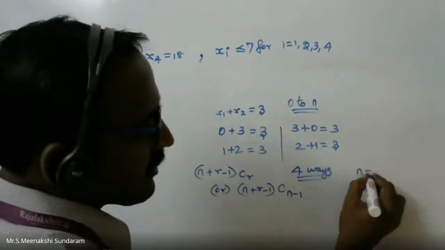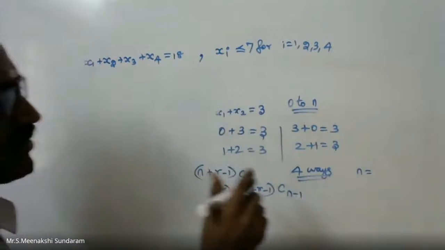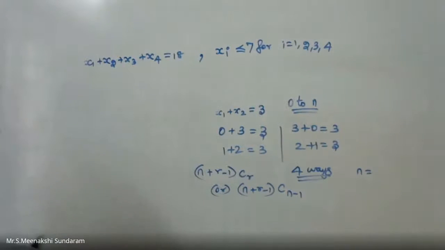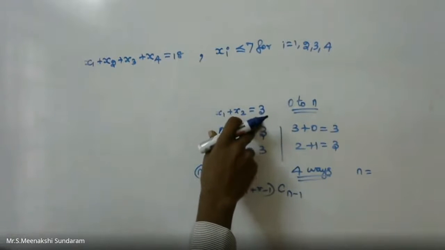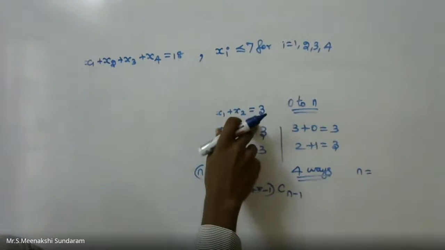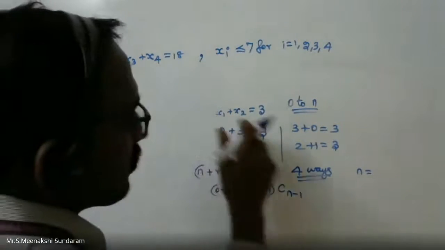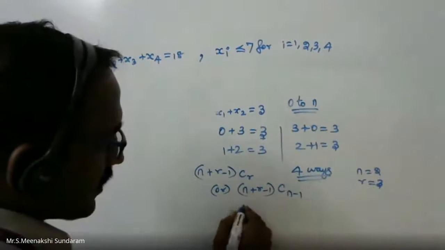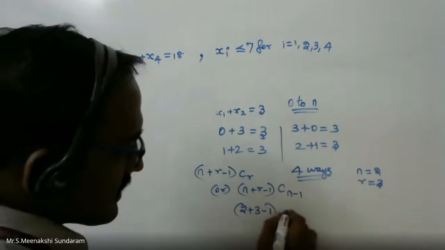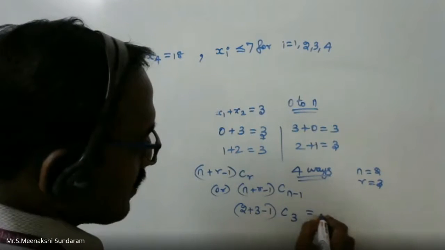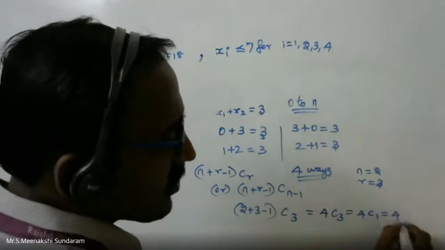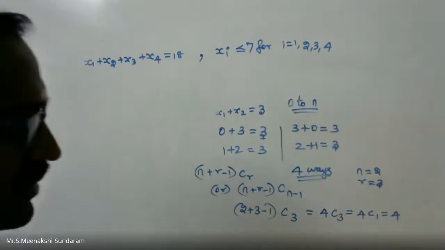Here n is indicating the number of variables, which is 2. How many possible numbers? You can give any number of ways. So by n plus r minus 1 c r, the right hand side total value is 3, so take it as r. So n value 2 and r value 3. Substituting, 2 plus 3 minus 1 c 3, that is equal to 5 minus 1, 4c3. 4c3 equals 4c1, already I told. So 4 ways. Are we clear? Anybody got a doubt?